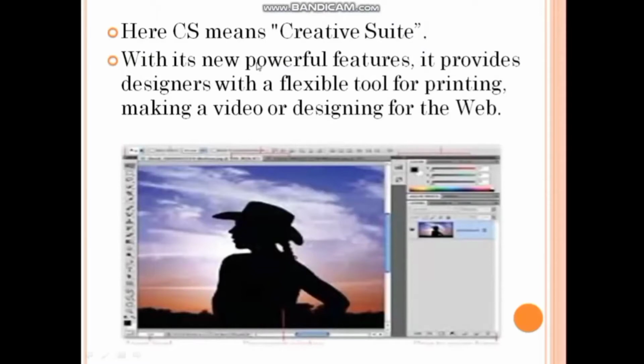Here CS means Creative Suite. With its new powerful features, it provides designers with a flexible tool for printing, making a video or designing for the web.